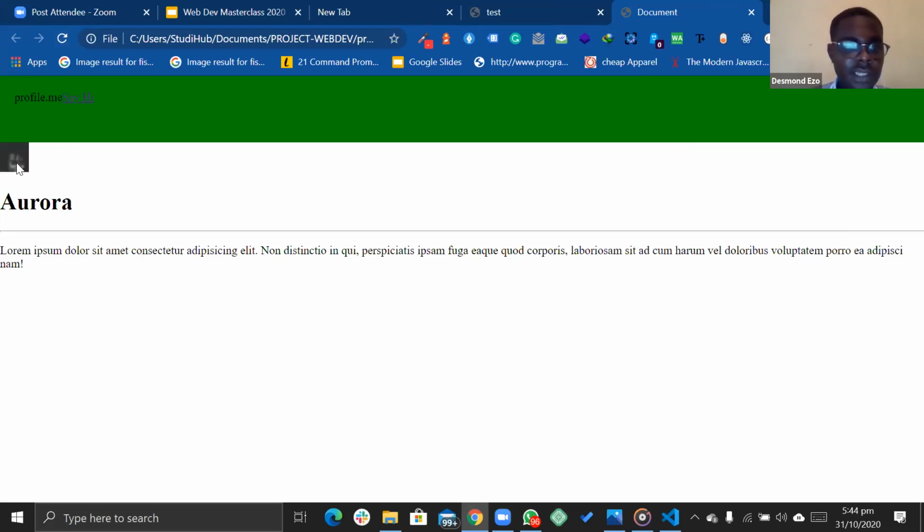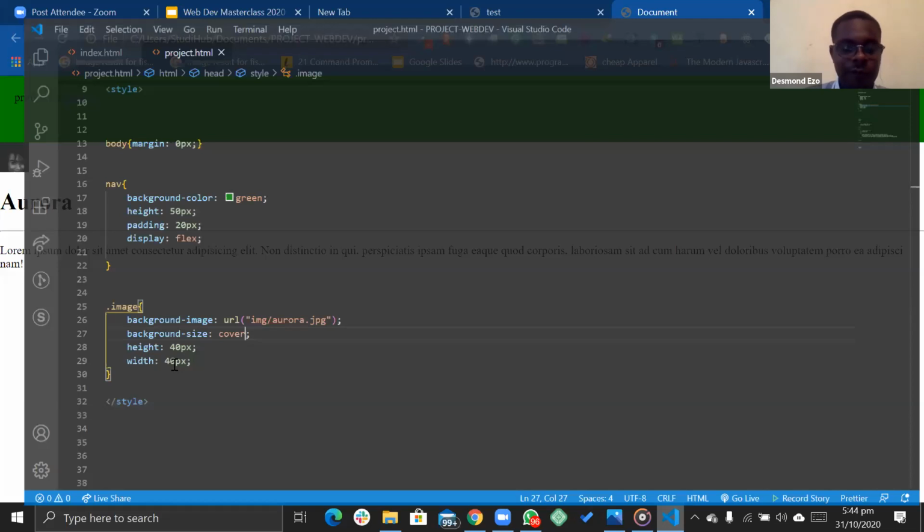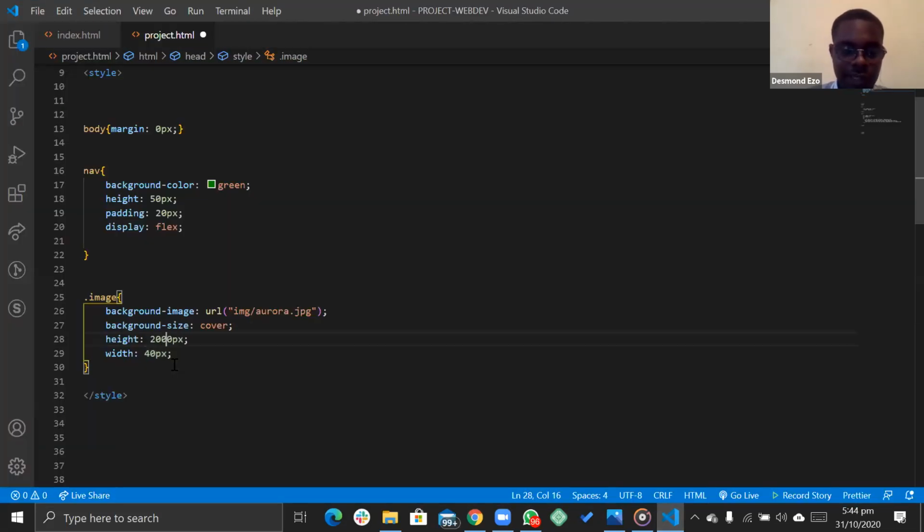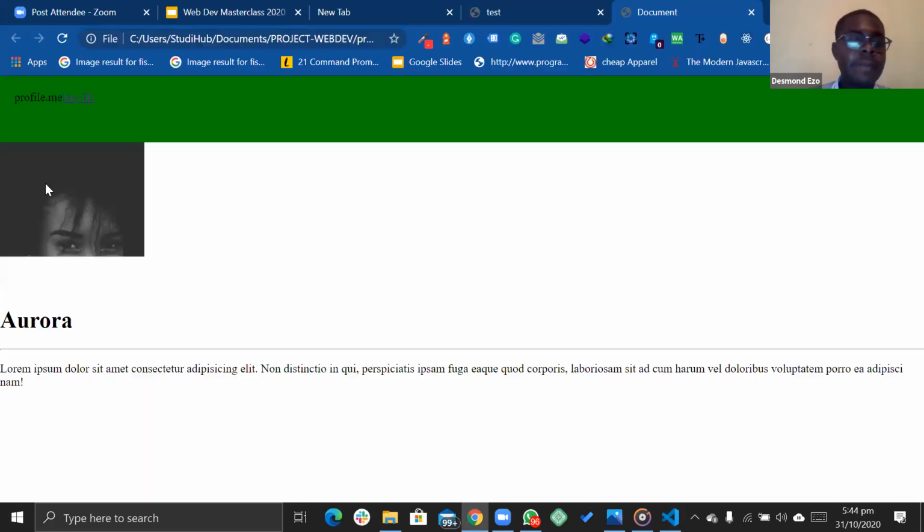So you notice that the image now shows up here, but let me increase the size. I think that's too small, too tiny. Let me make it 150, or let me make it 200 first. We'll correct that later. Make it 200 by 200. So now you see that the background size is covered. It tries as much as possible to cover the size that you have given it, but the image is still bigger than the size available.